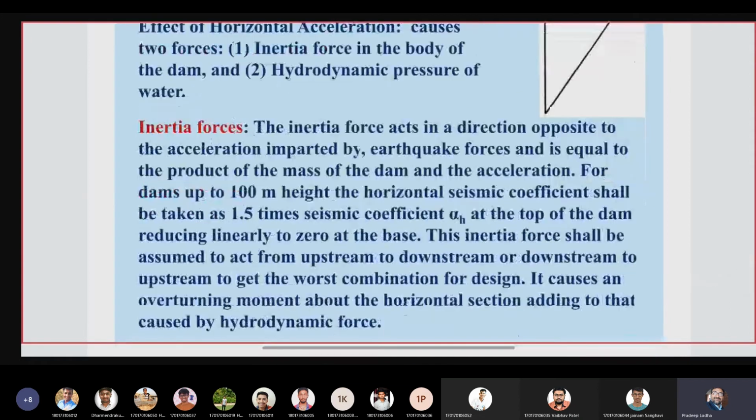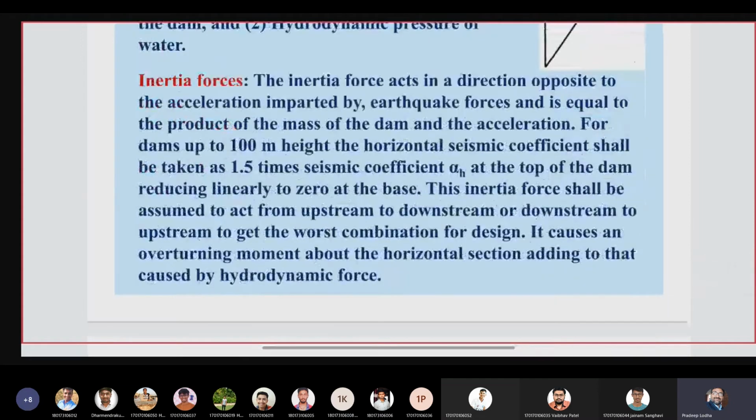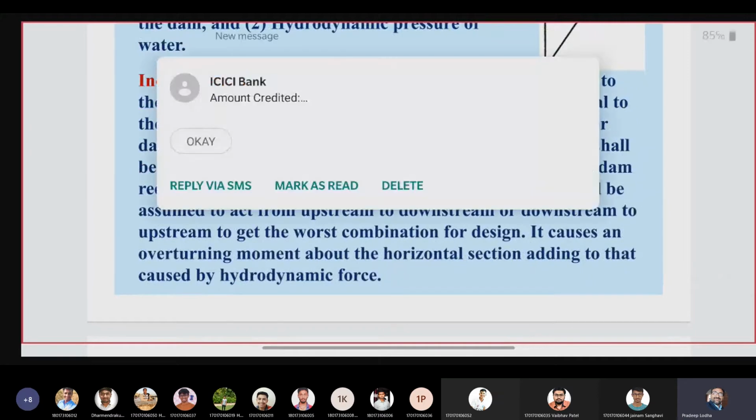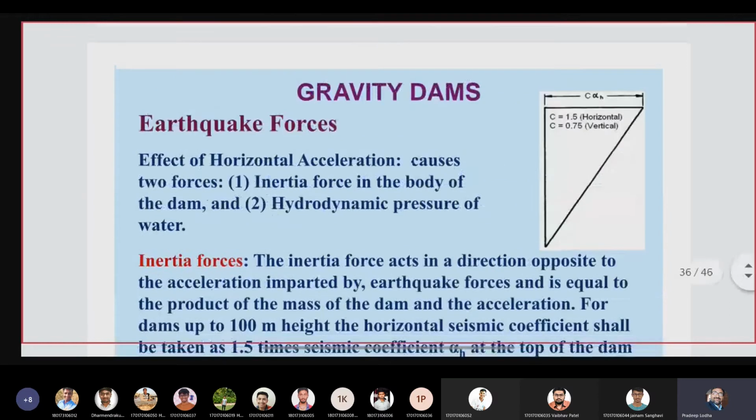Now this inertia force, you just read this paragraph and you would understand that inertia force acts in the direction opposite to the acceleration imparted by earthquake forces and is equal to the product of mass of the dam and acceleration. Very simple. We consider the mass of the dam and the acceleration which we are calculating here. What would be the acceleration? Acceleration would be not alpha H, but C times